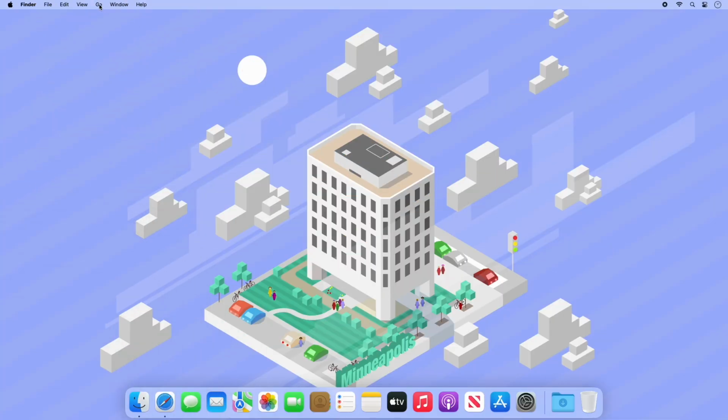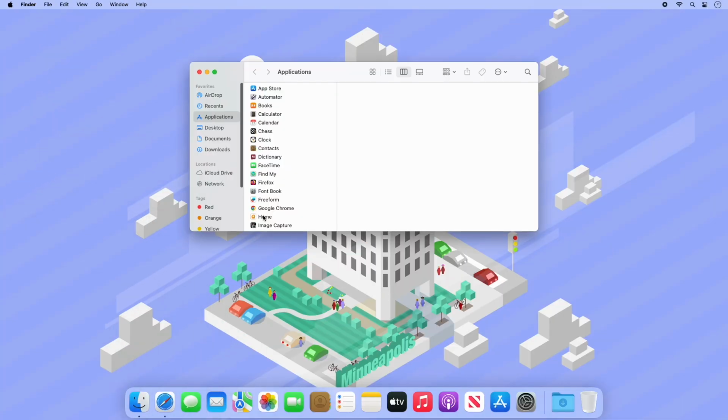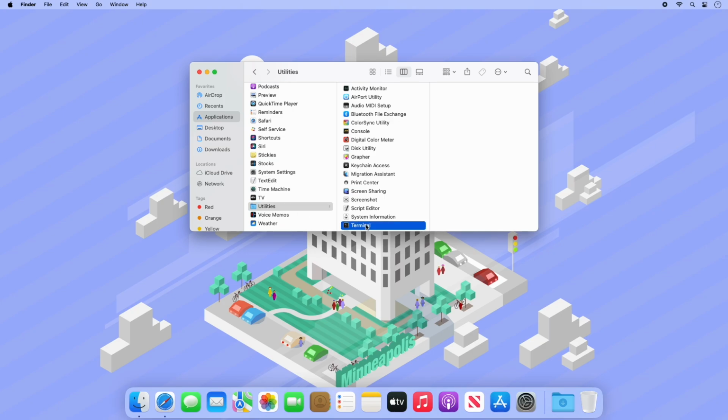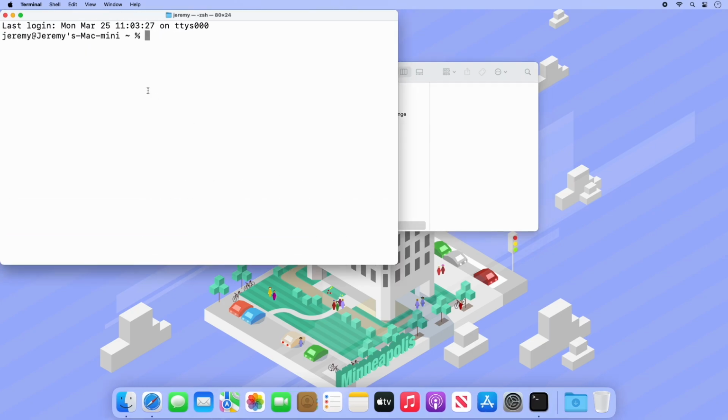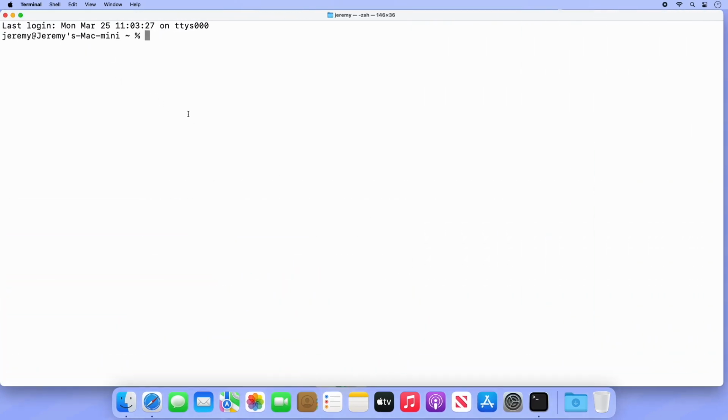Let's begin by opening the Terminal app on a Mac, which can be found in Applications and Utilities. Terminal is a command line interface, or CLI, that is natively installed on Mac computers and can be used to execute commands, run tools, and edit and run shell scripts. At the top, there's a timestamp for when this terminal session started, and beneath that we have my username and computer host name, a couple symbols, and the cursor. This is the command line.